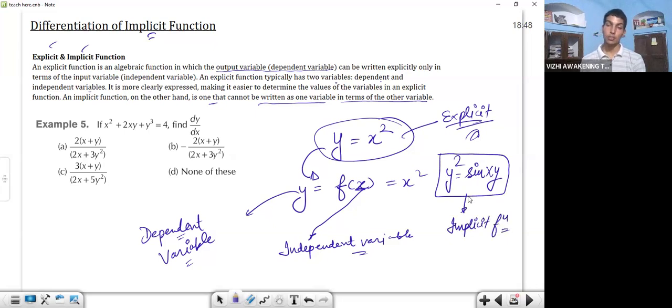This is an implicit function because we cannot separate x and y, the dependent and independent variable cannot be separated. Now let us read again. An explicit function is an algebraic function in which the output variable, the dependent variable, can be written explicitly, means